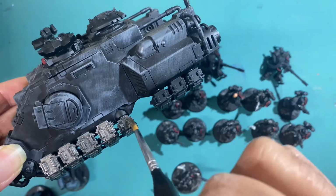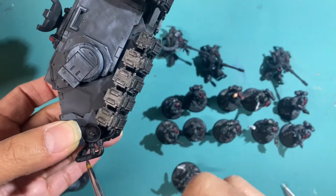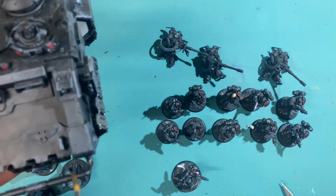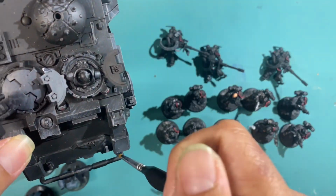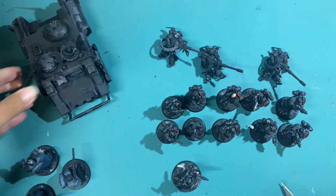I'm just going to be showing the juiciest bits of all of my painting sessions. So you're going to be seeing that I've already painted on the red shoulder pads for all of my guys, and I've also painted up the Mornfang brown leather bits. But for my tank here, I'm going to be getting all the silver on, and this is just